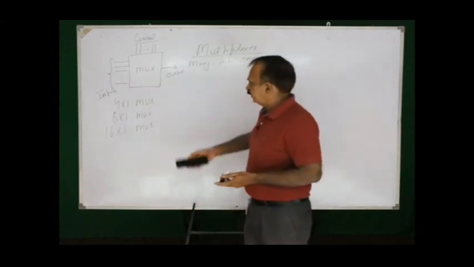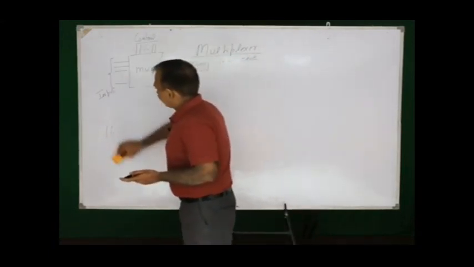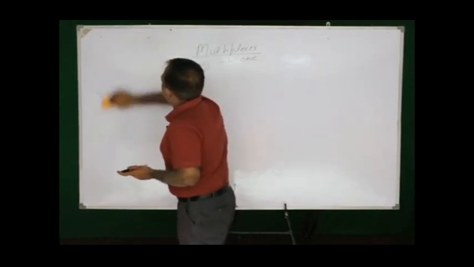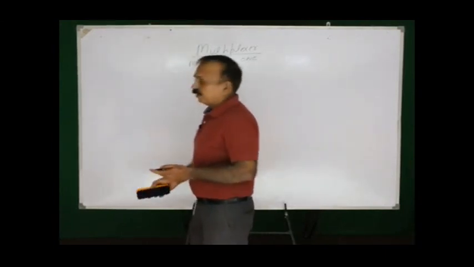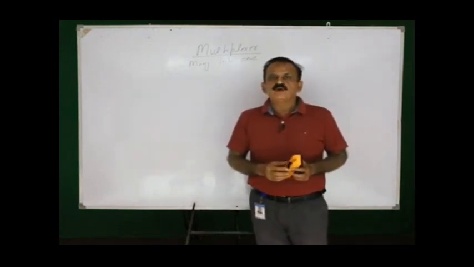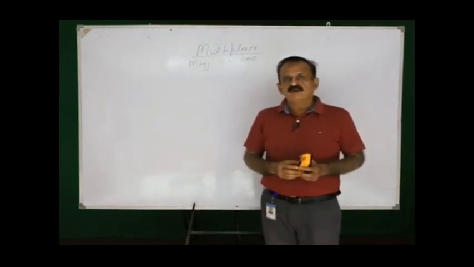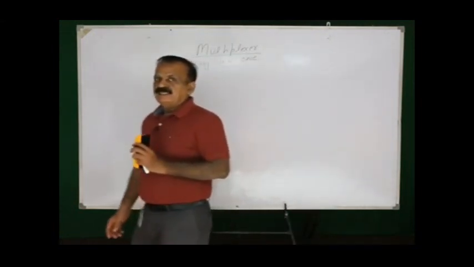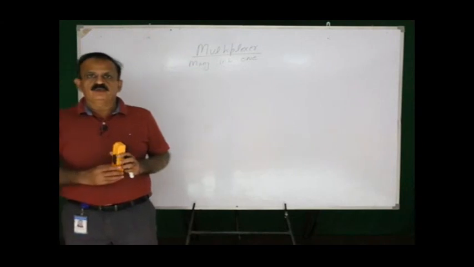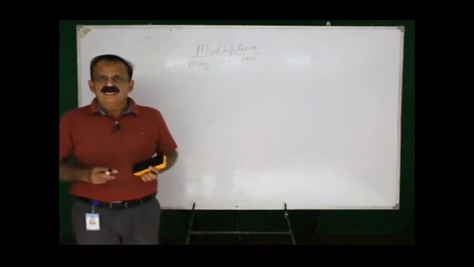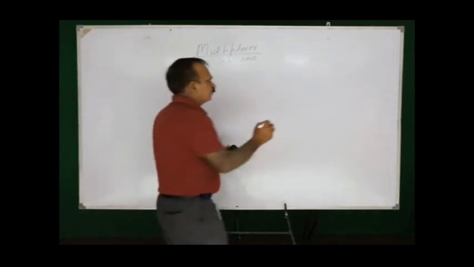Now, as the definition is, multiplexer is a circuit with many inputs and one output. Here in 4 into 1, it is a circuit with 4 inputs and one output. A particular input is connected to output depending upon the control signals. For designing this circuit, I will be using 2 gates.